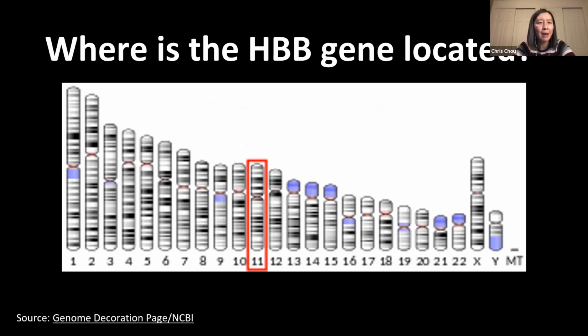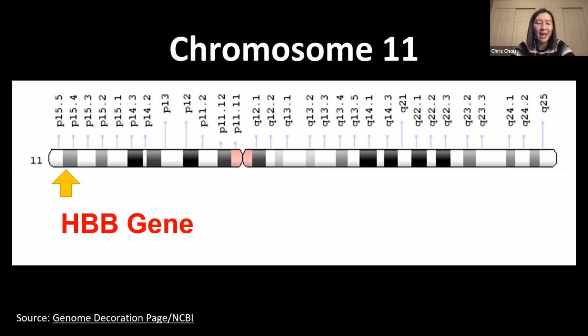All right, so what can happen with this HBB gene? This genetic counselor will tell this couple how this gene is located on chromosome 11. It's important for students to understand that for all these genes we talk about, there is a location for them. There is an address where they usually reside. This one is on chromosome 11, and on this chromosome, it's on this arm of the chromosome. So there's a specific location, and it's been identified through staining patterns and where this gene might be tagged or located. And when we zoom in,